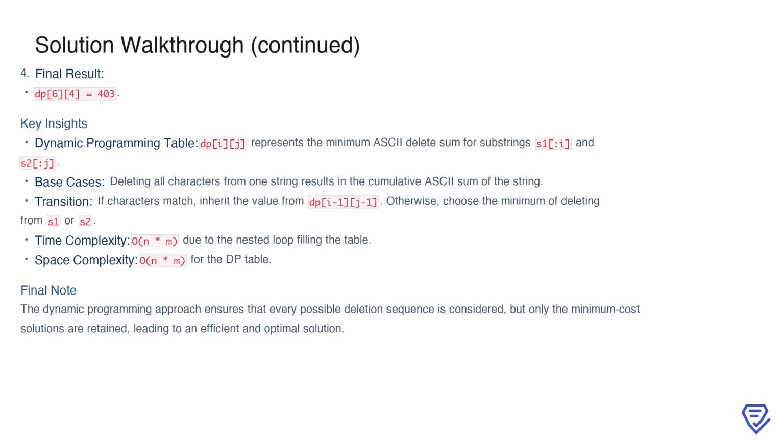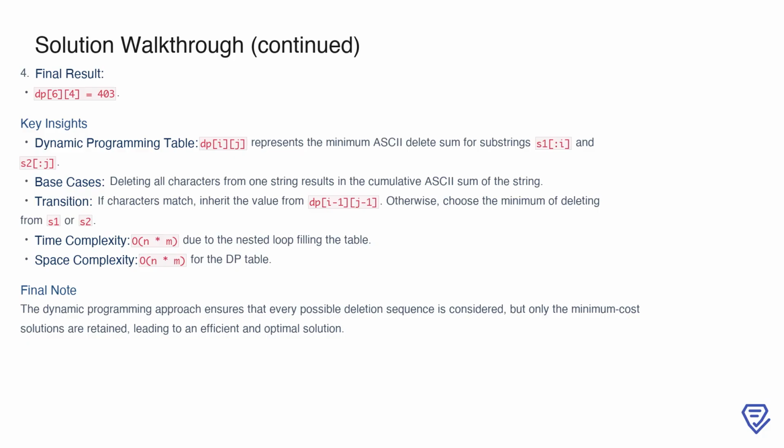If they do, we inherit the value from the diagonal cell, and if not, we choose the minimum cost of deleting from either string. The time complexity of this approach is O(n*m), due to the nested loops, and the space complexity is also O(n*m), for storing the DP table. By leveraging dynamic programming, we ensure an efficient and optimal solution for this problem, considering all possible deletions while minimizing